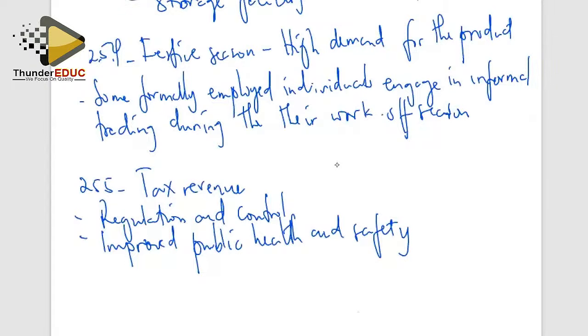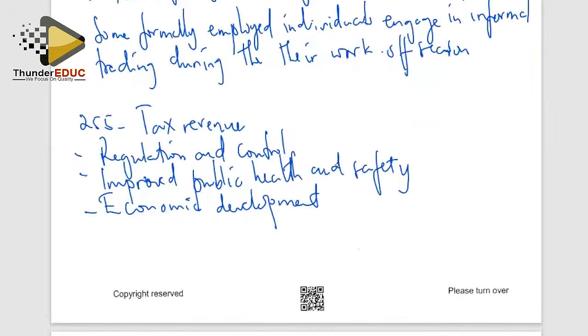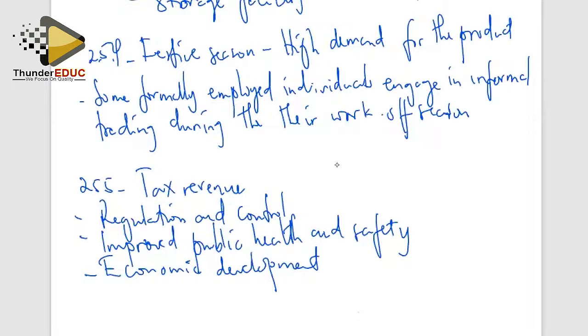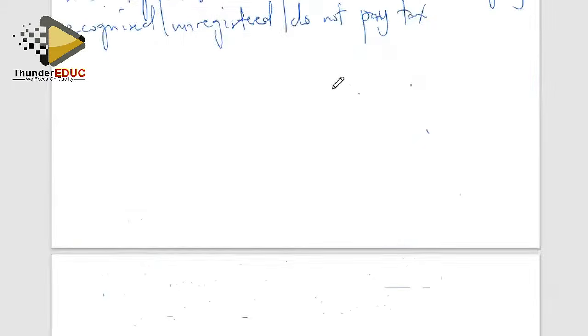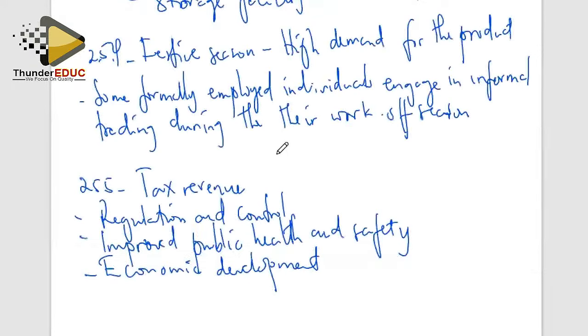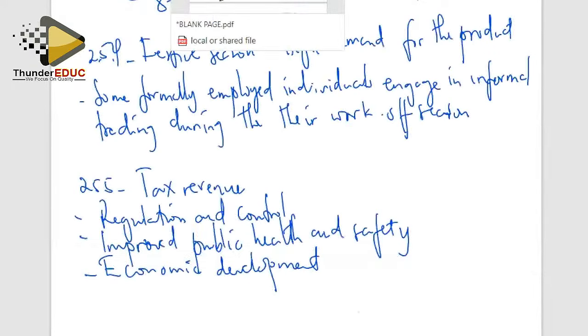And overall, you can look at economic development. The municipality is going to realize benefits of economic development. If there is a big tax base, that tax money is going to be used to finance activities in the municipality's jurisdiction area, and hence we are going to realize positive results in the overall economy of the municipality's area of jurisdiction. Then moving on to the next question, which is question